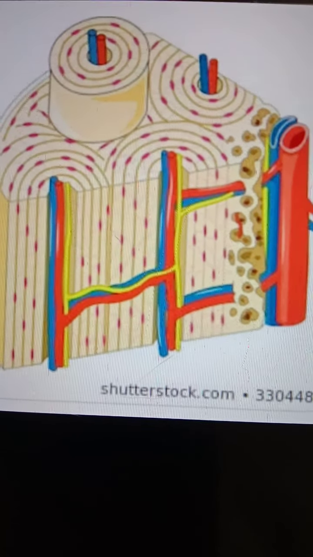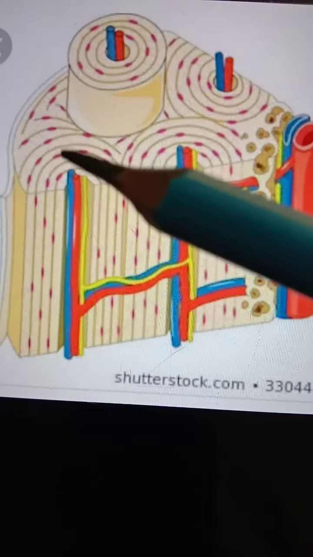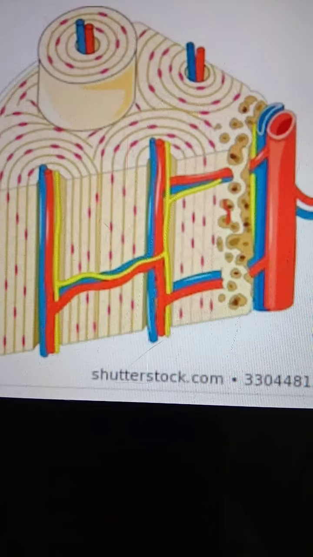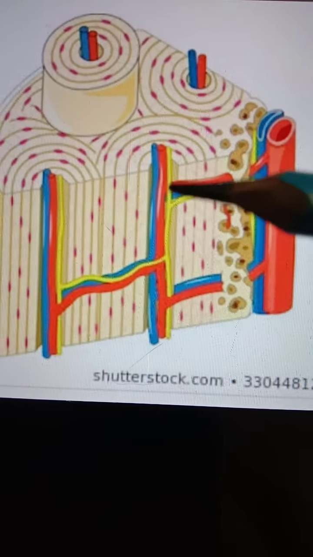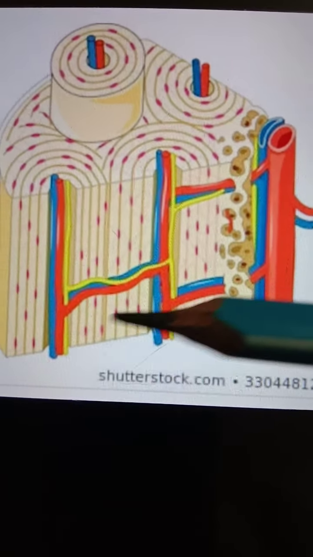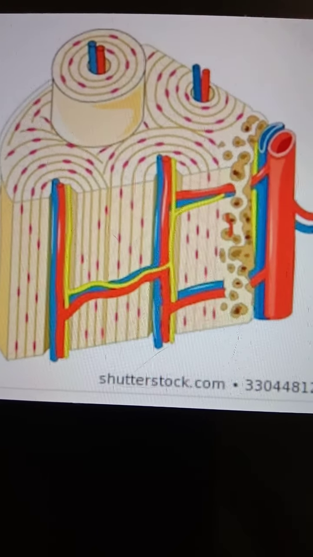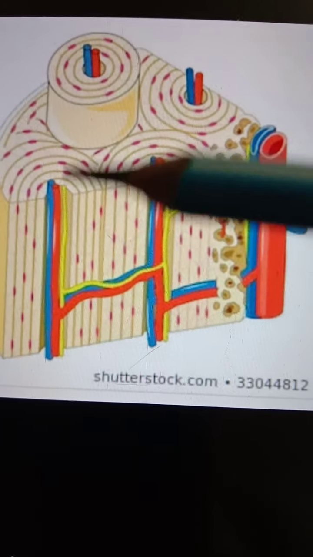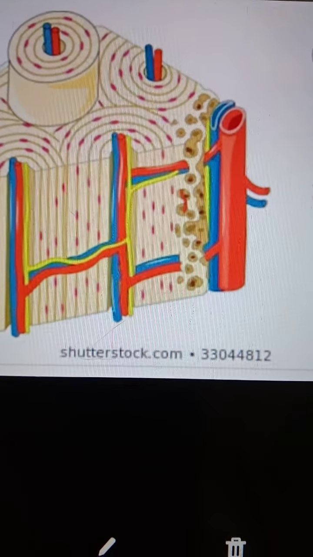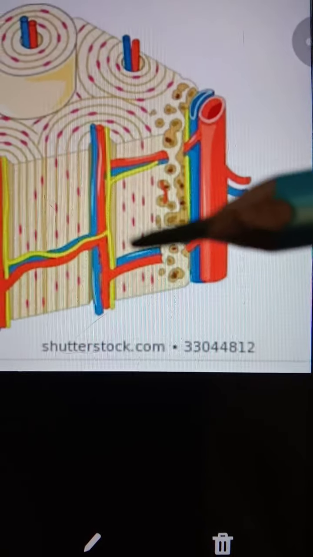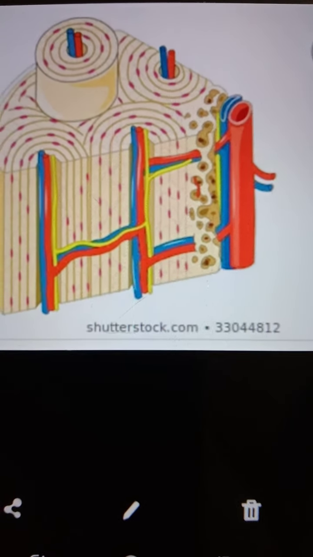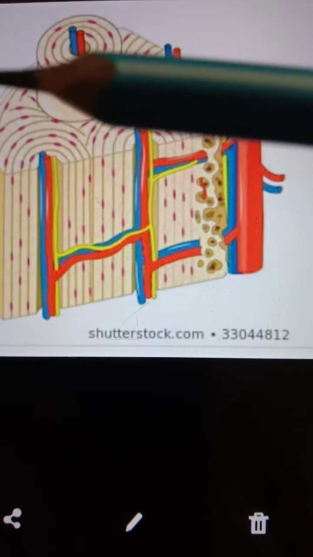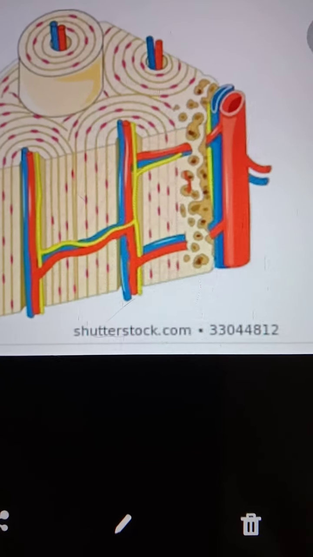The venous drainage: the veins are numerous and large in the cancellous bone, and in the compact bone they accompany the artery within the Haversian canal. Here in the Haversian canal, the artery and the veins drain the compact bone. Then the lymphatics have not been demonstrated within the bone, although some of them accompany the periosteal blood vessels and drain into the regional lymph nodes.